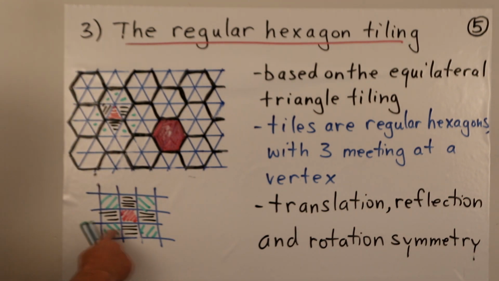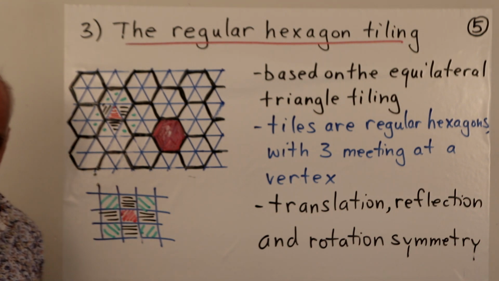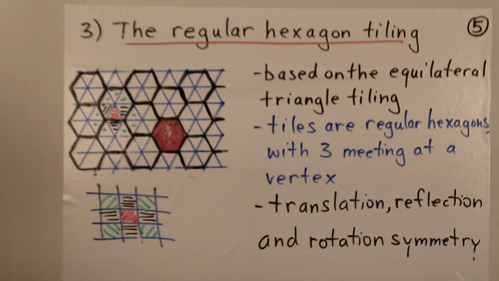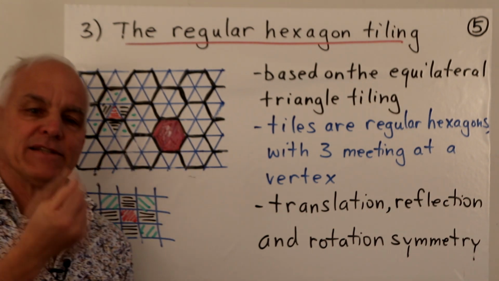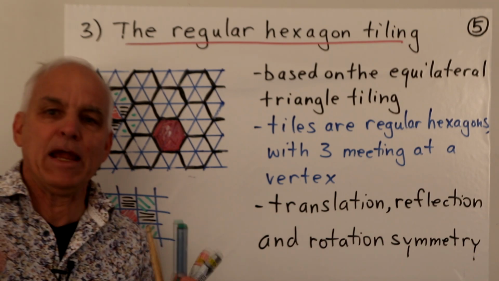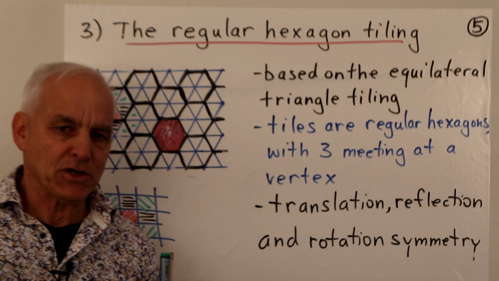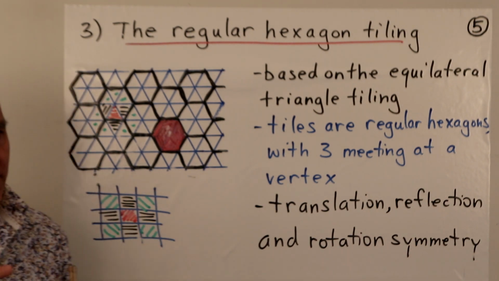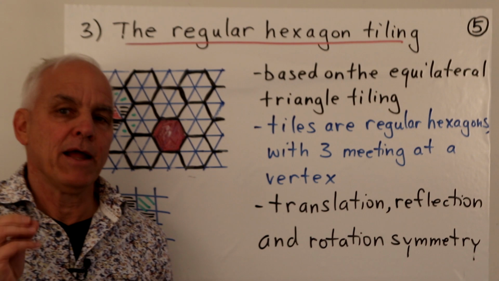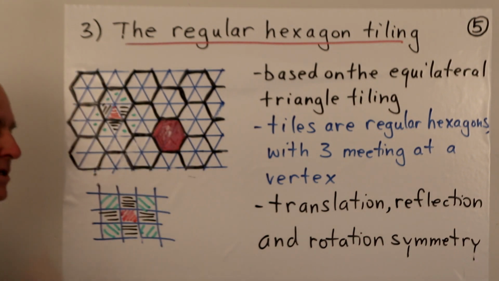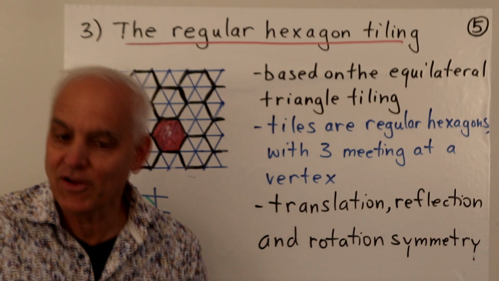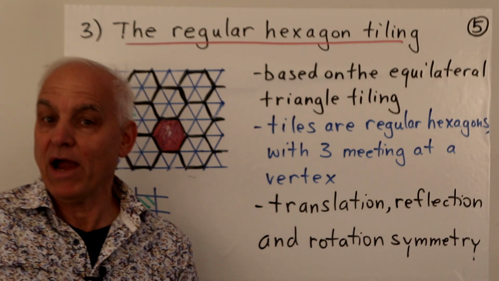Here there's 8 neighbors of the red square tile. But here in the hexagonal story, each hexagonal tile has exactly 6 neighbors, and they are all on the same footing. There's not closer neighbors and not quite so close neighbors. So that's an additional regularity that this particular hexagonal tiling has. So even though it's the least familiar of the tilings, it has some claim to being perhaps the most interesting one.